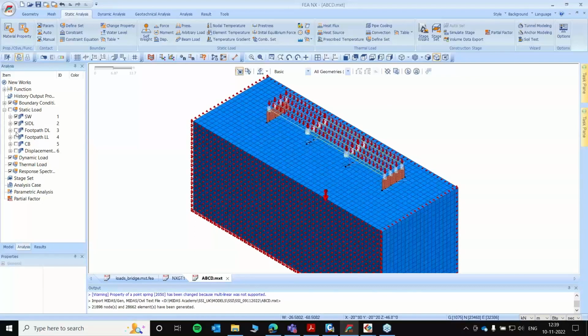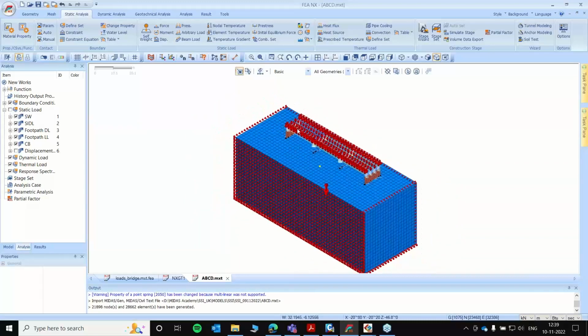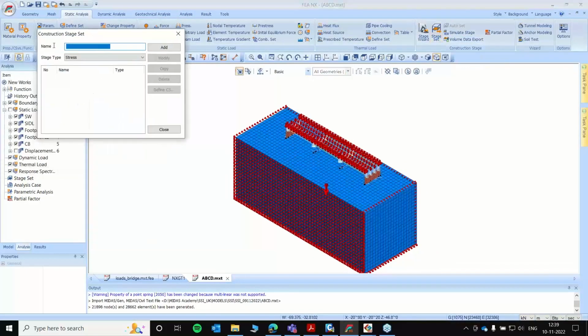So the static loading condition that we had imported will look like this. So after this, we'll define our construction stages. I'll go to stage set and name it as SSI.